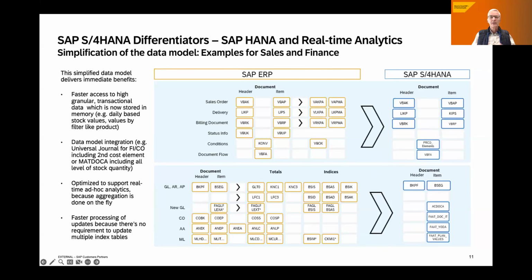And we are ensuring the compatibility here by a new element. It's basically an additional layer on top of the data dictionary. We call it CDS views, our core data services. And one of its purposes really is to ensure compatibility with the classic data structures. And therefore, you still will find most of the yellow boxes that you're seeing in the center of the slide on your S/4HANA system, but they are no longer database tables. They are simply structures with a mapping into the HANA database, which also means that you can continue using the programs that you may have written. Next slide, please.